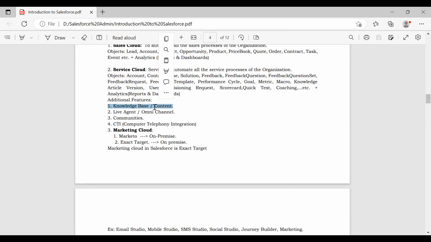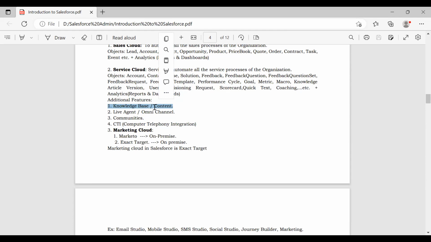Along with the service application, they are also providing some additional features. First one is knowledge base or content. What do you mean by knowledge base or content? So knowledge base or content simply contains questions and answers.